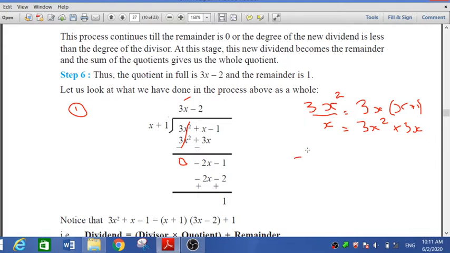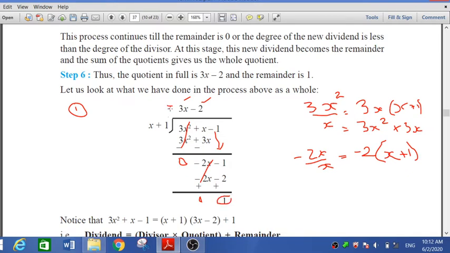Again now monomial minus 2x divided by x. So we get minus 2. Always remember. So I have to write minus 2 here. Again in bracket I have to write x plus 1. If you open the bracket, we get minus 2x minus 2. Even here minus 1 we have to put here below. So minus 2x minus 1. Again minus 2x minus 2, sign change. Again 0. Remainder is 1.